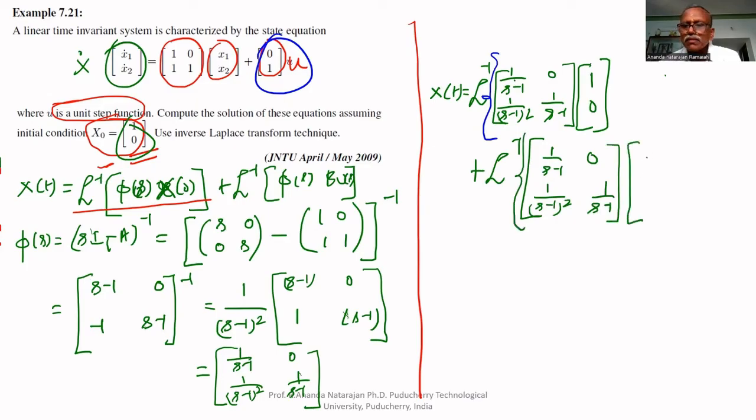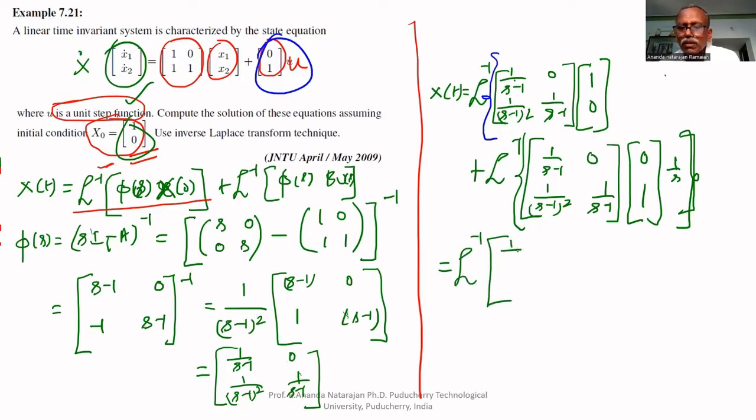B matrix is [0 1]. U is mentioned to be a step function, therefore U is 1 by S. That's all. So first we have to multiply these two. If you multiply these two, Laplace inverse of, first row, first column, you will get 1 by S minus 1. Second row, first column, you will get 1 by (S minus 1) whole square, plus,